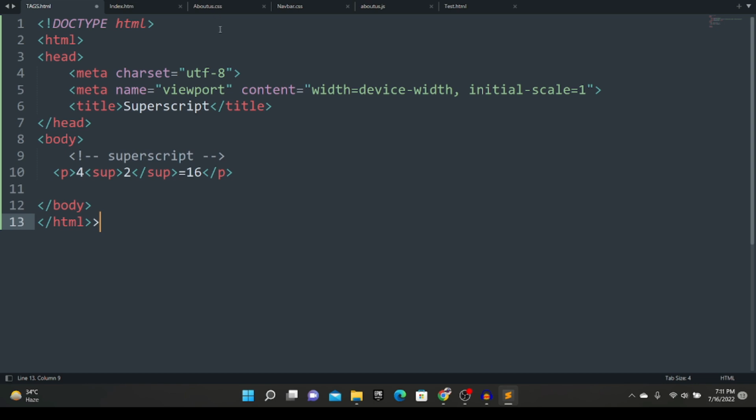Alright, so let's talk about subscript. So basically subscript is like the opposite of superscript. Basically what we are doing is writing a number or a digit at the foot of our main text, or a main number. So for that I'm gonna write here sub simply, and then